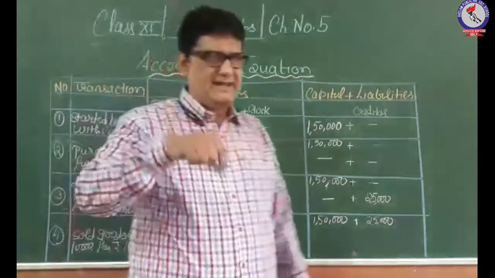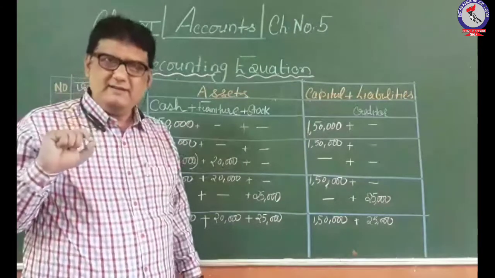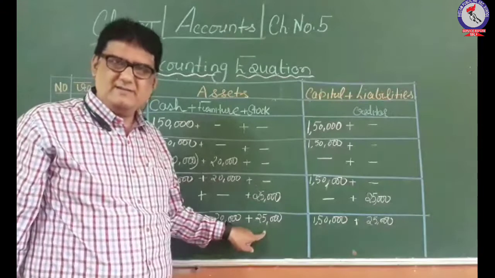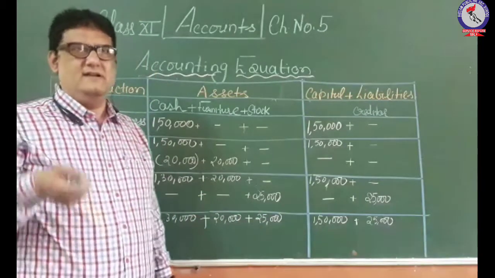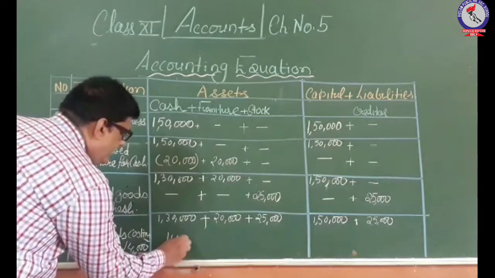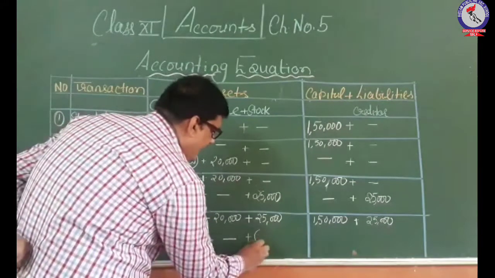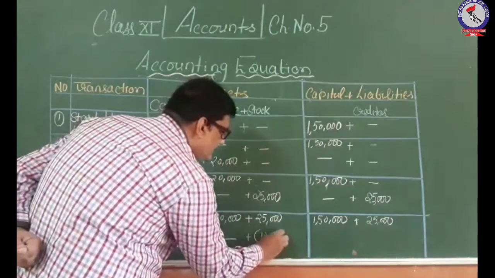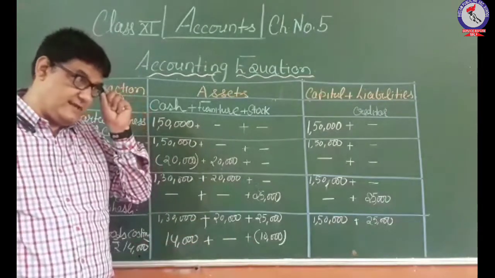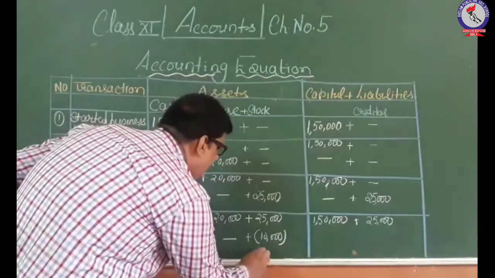Now the items: you received cash, cash is received, so one item is cash. Goods outgoing, 10,000 of stock went, because the goods you sold were your stock only, so 10,000 here minus. Now the difference, 14,000 is received by you, okay, as cash, so plus 14,000. There is no effect on furniture, so nothing, and minus 10,000, okay, because you have sold the stock of 10,000 rupees for 14,000, but now you can see this thing minus 10,000, so your remaining balance will be 15,000 here,